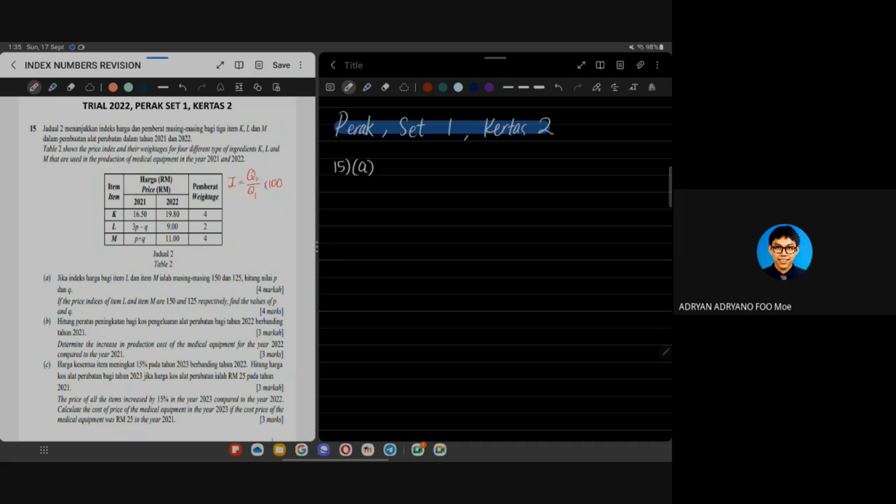Because as long as you write the values inside, 你就有分了。